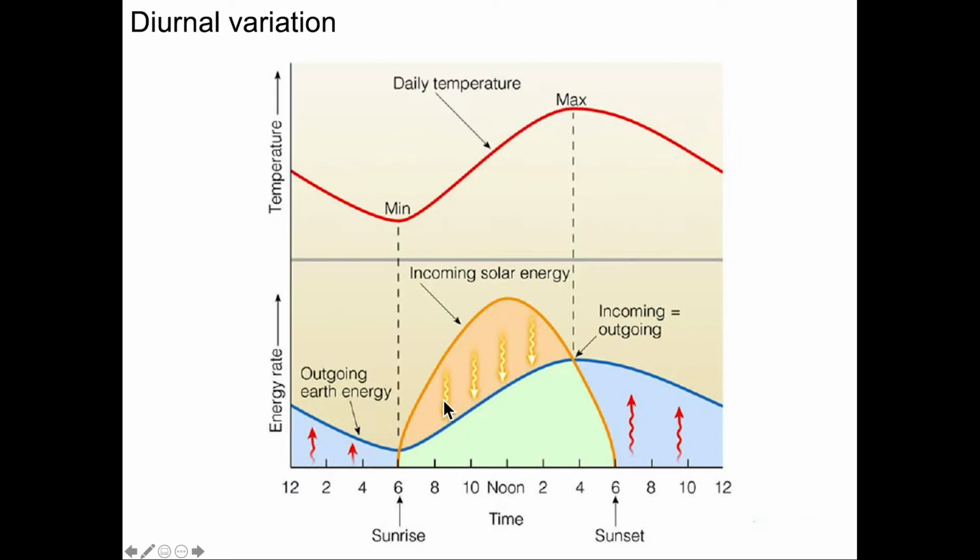It's going to reach a maximum, again, right about here. And at that time of maximum between incoming and outgoing, when it's balanced, we're going to reach a maximum temperature. Again, this is going to happen every day. And this is why the temperature isn't highest at noon. And as we'll see, it's also in a kind of similar way why the maximum summer temperature is not June 21st when insolation is at its maximum in the northern hemisphere, for instance.